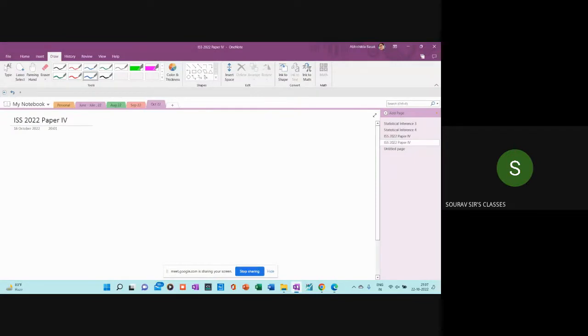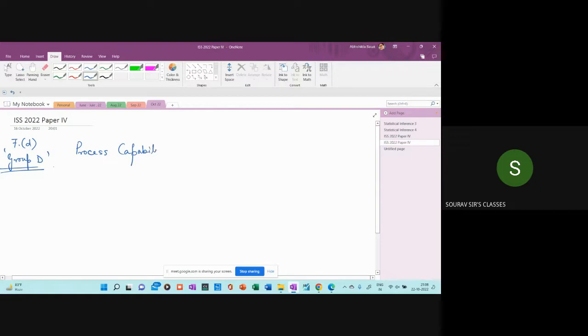So this is how we can divide the portions, and then we can explain our answers. Okay, so this is my ISS paper 4, and we are going to write question number 7D, group D. So what do they mean by process capability? I am defining what is my process capability. Process capability is defined as